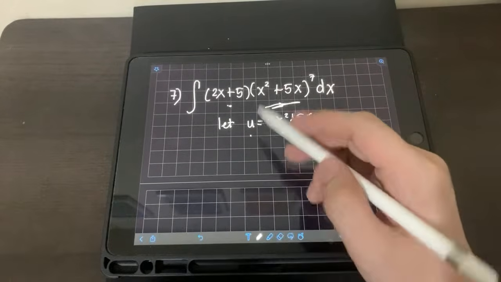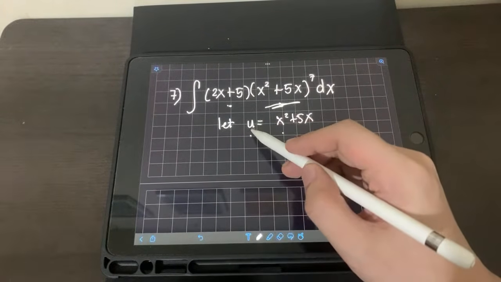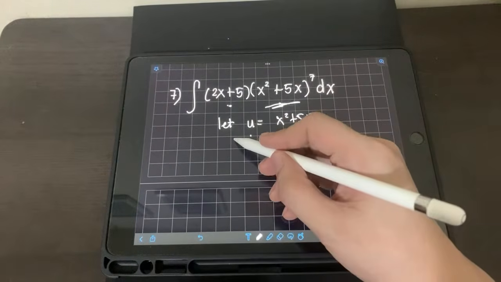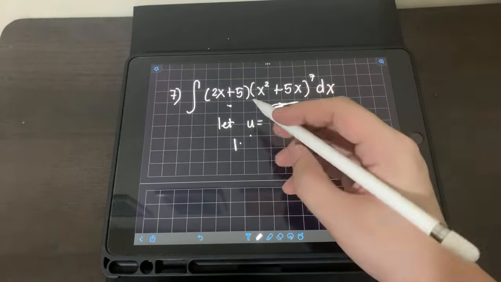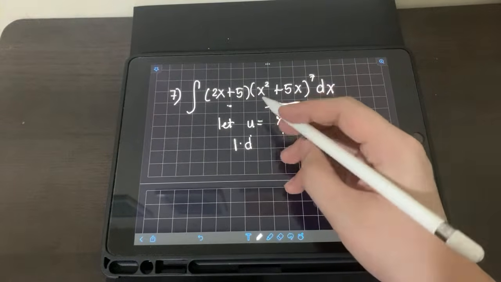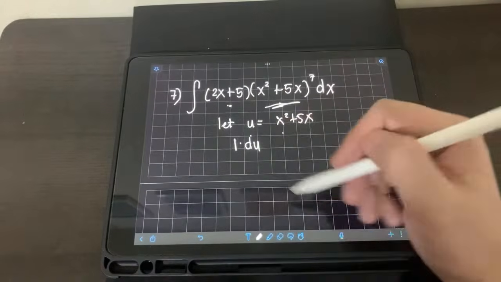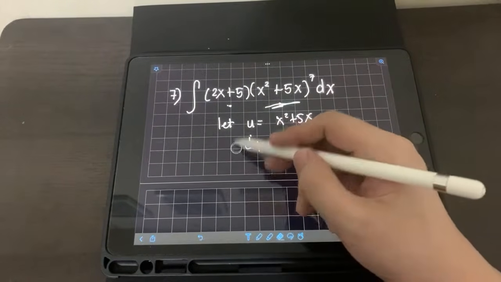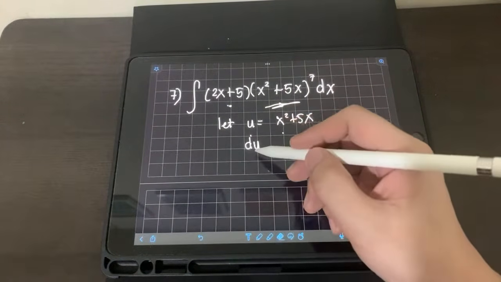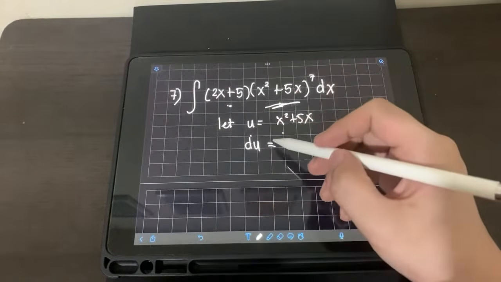Okay? So, sige. Next step is, di ba, i-differentiate na natin. So, derivative of u, 1, right? Tapos, lalagyan nyo ng differential. So, kung ano man yung variable, u, right? Lagyan nyo lang ng du. Or, kahit hindi nyo na isulat yung 1, pinakita ko lang na derivative ng u is 1. So, automatic lagyan nyo na lang du. Okay? And then,